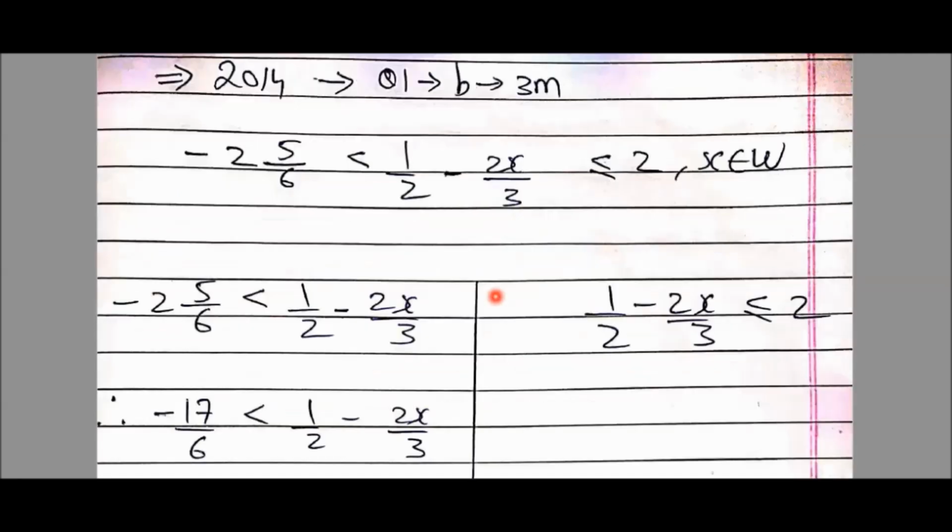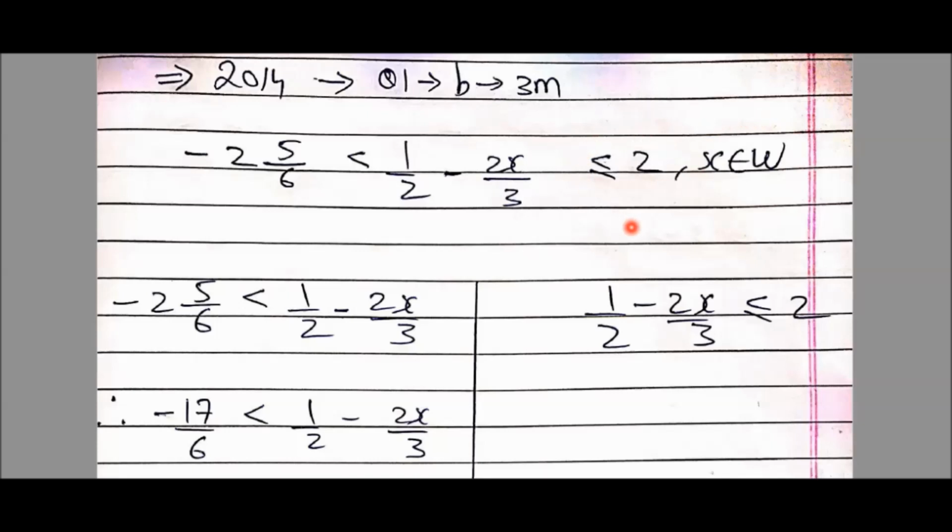Hope you are understanding, students. Proceeding to the next question on the screen. This question is from 2014. Question number 1, sub question B, 3 marks. You know the logic, students, why I am selecting random questions? The first question I selected belonged to natural numbers. The second question, the previous one which we did, belonged to integers. Now the question which we are doing belongs to the whole numbers.